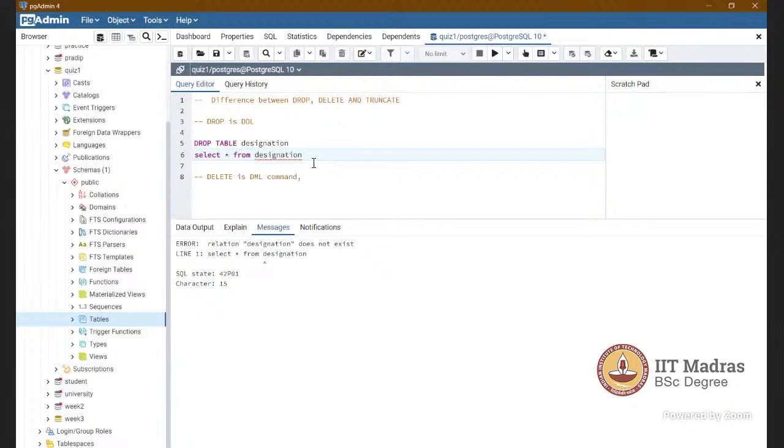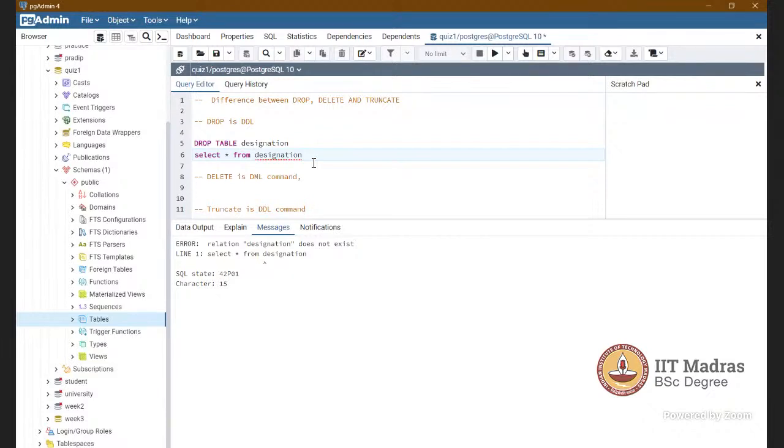But truncate is a DDL command, right? Please remember, truncate is a DDL command. You can remove all the records from the table without changing the table schema.